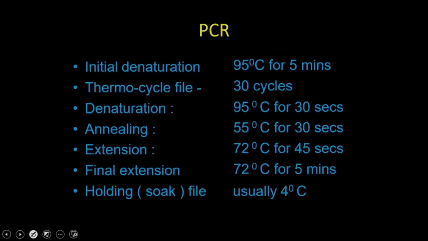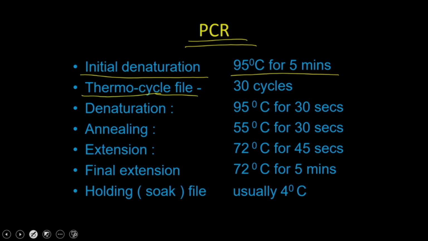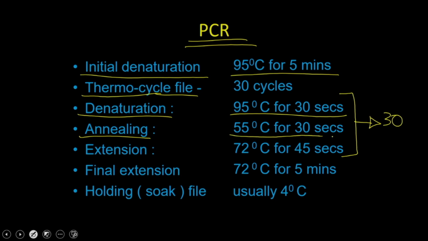So, what are the things you require for doing the PCR? This is a classical example of one of the reaction cycles. You do initial denaturation at 95 degrees Celsius for 5 minutes, and then you have thermal cycling, which continues for 30 cycles. In each cycle you have denaturation at 95 degrees Celsius for 30 seconds,